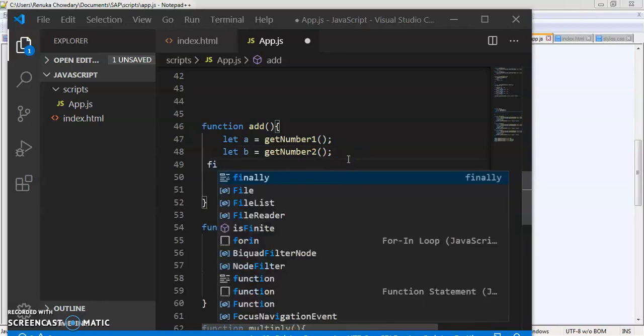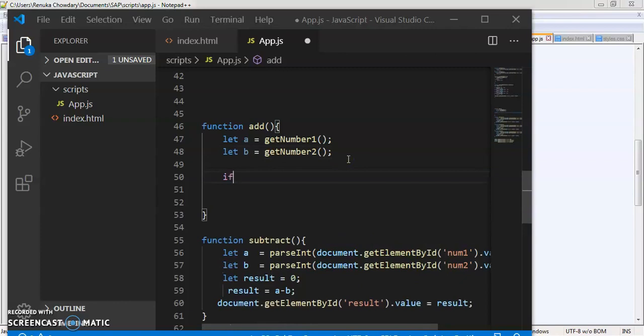Then now call the validate function: validateInput and pass the parameters a, b.